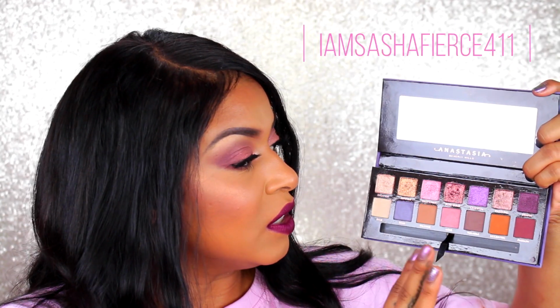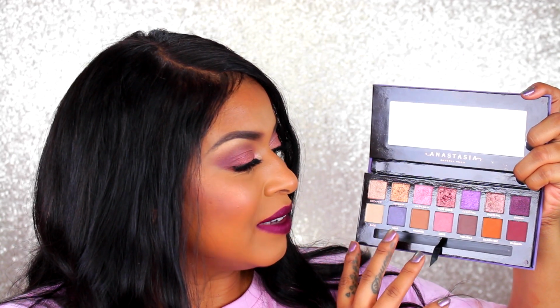There's a lot of warmth here, and I was actually discussing this with my friend because I posted swatches of this on my Instagram, which if you're not following me, I do get really personal with you guys on there, and I spend a lot more time swatching stuff. If you guys are interested, I'll leave it right here. I did swatch the entire palette for you the other day, and one of my friends wrote me saying she thought it was so gorgeous, but she didn't think she would get much use out of it. And I was like, no, actually I think you're wrong,